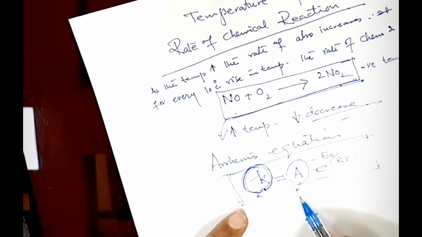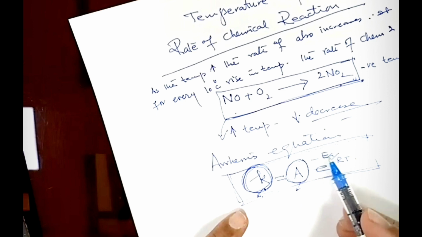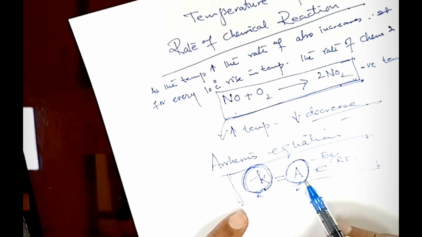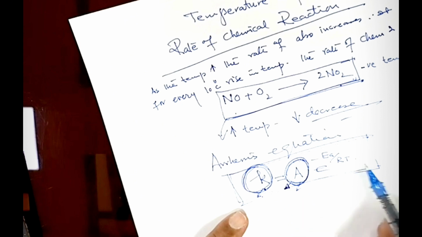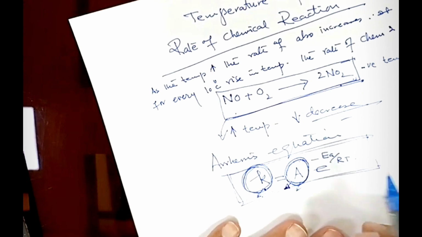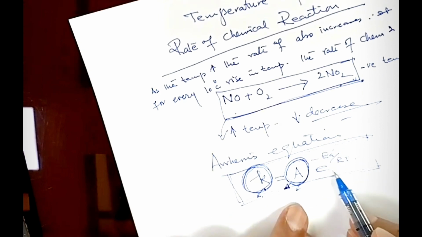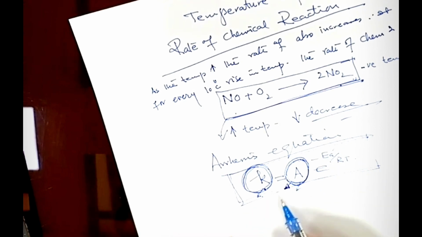So A is the pre-exponential factor, and this is related with the activation energy. This pre-exponential factor is called Arrhenius constant. This is related with the entropy of the reaction. Entropy at the activated state and reactants which are in quasi-equilibrium with each other. So this activation energy and this exponential equation can be changed into